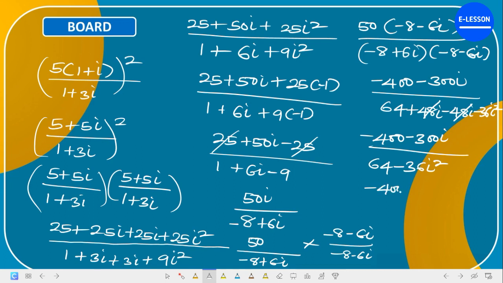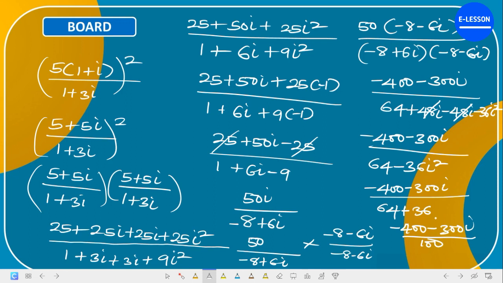This becomes minus 400 minus 300i divided by 64 minus 36i squared. i squared means minus 1, are we getting it? So minus 36 times minus 1 gives plus 36. This becomes minus 400 minus 300i divided by 64 plus 36, which is